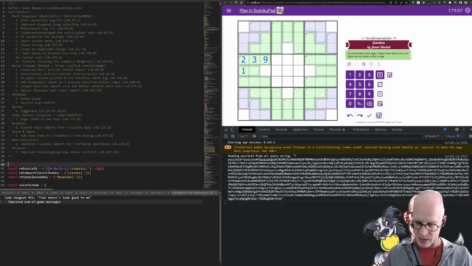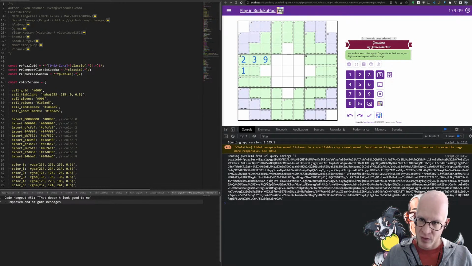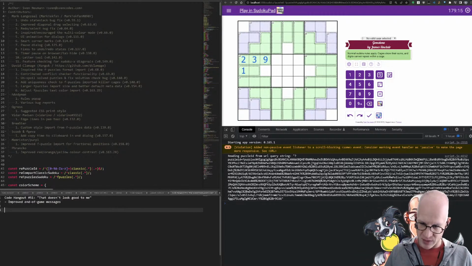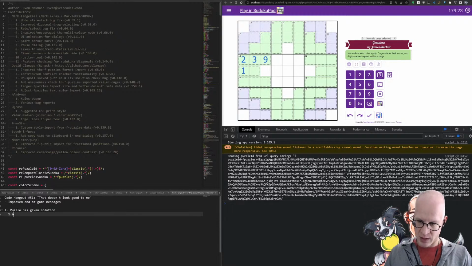So the idea is to distinguish if the puzzle has a known solution, if it's correct or incorrect. So let's write this down. 1. Puzzle has given solution. 1A. Puzzle is incorrect. 1B. Puzzle is correct.